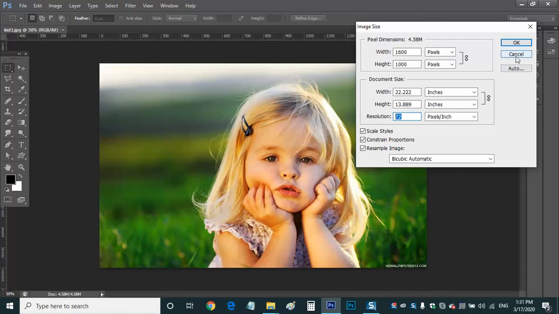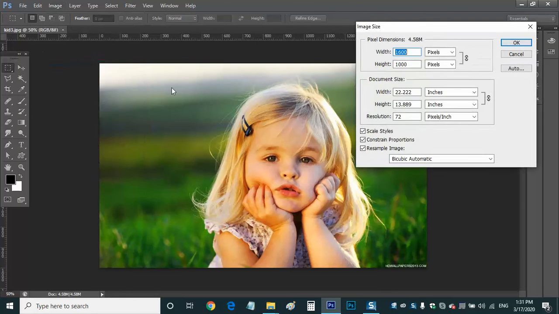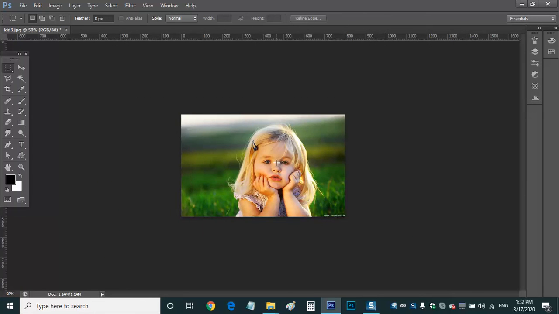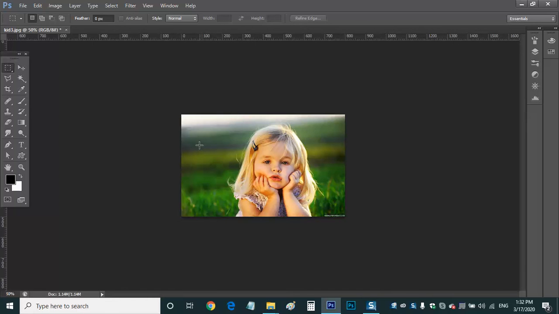By opening Image, Image Size, we came to know that this image is not suitable for print media. It is useful only for online media. Then for online media, you can change the size here. It is 1600 pixels. Say you want to make it 800 pixels, so type 800 pixels and just say OK here, and you can save it as a separate file. The picture size is 800 and something. So what is the height here? We can see the image size is 800 by 500. But it is better not to use this picture in print media.